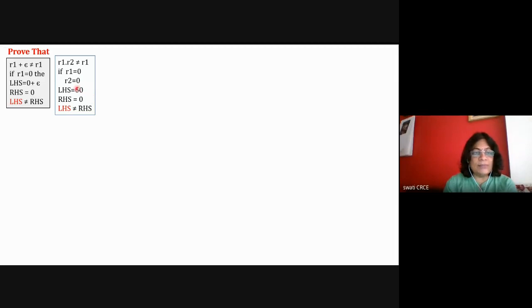Because here two zeros are compulsory, then only the machine can go to the final state. And here only one 0 is there, and with that one 0, the machine will go to the final state. So you can even draw the diagram, the DFA diagram for R1 dot R2 and the diagram for R1, and you say that both the machines are not the same, and so both the regular expressions are not the same. Here also you can draw the FA diagram, the diagram of 0 plus epsilon or the diagram of 0. Both the examples are very easy right now.